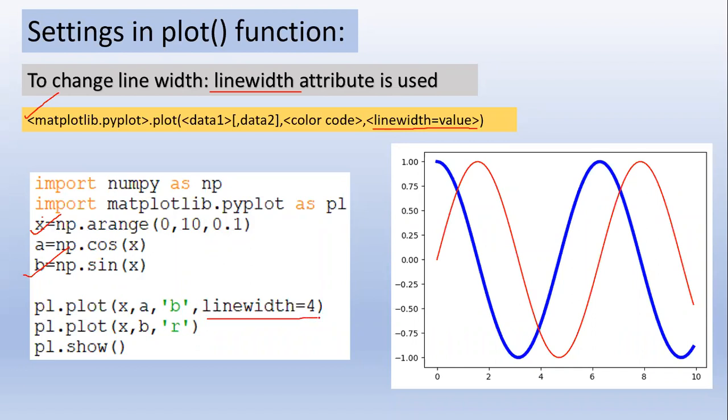तो इसकी जो लाइन की जो width है यानी जो thickness है वो थोड़ी सी मोटी हो जाएगी. नीचे हमने प्रोवाइड नहीं किया है, so line width will be lesser than this 4 value. So this blue line is thicker as compared to this red line. So this is how we can use line width.